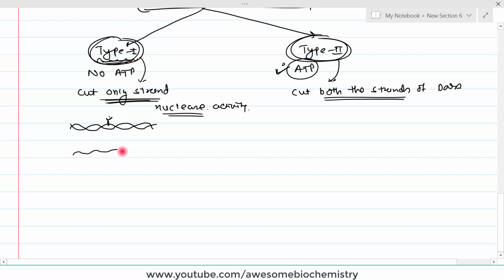Now the torsion is relieved, and this DNA which is cut over here needs to rebind with each other, and this second action is also carried out by this type 1 topoisomerase. So it has ligase activity also. Remember, type 1 DNA topoisomerase has nuclease activity as well as ligase activity. Similarly, in type 2 DNA topoisomerases, suppose this is supercoiling, it will cut both the strands, let the strand relieve itself, and then again ligate it. So this type 2 topoisomerase also has nuclease activity as well as ligase activity.